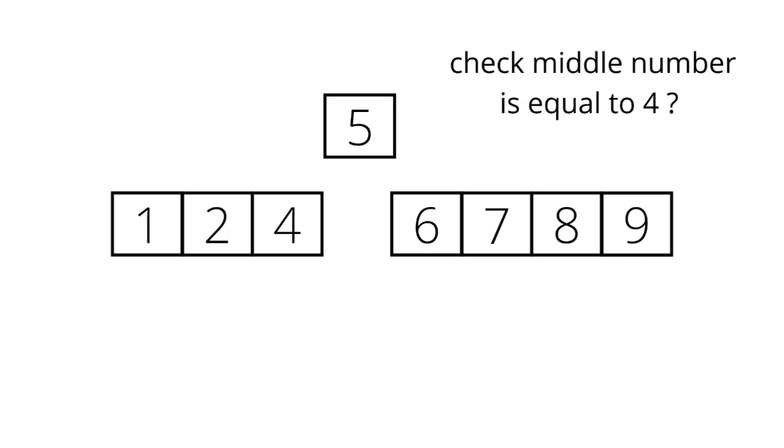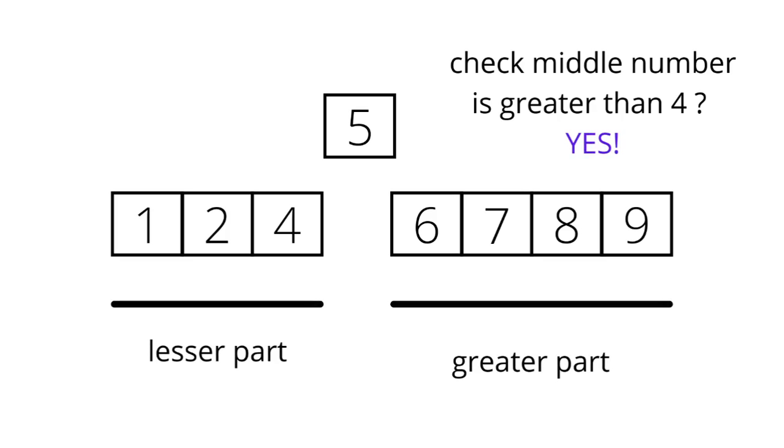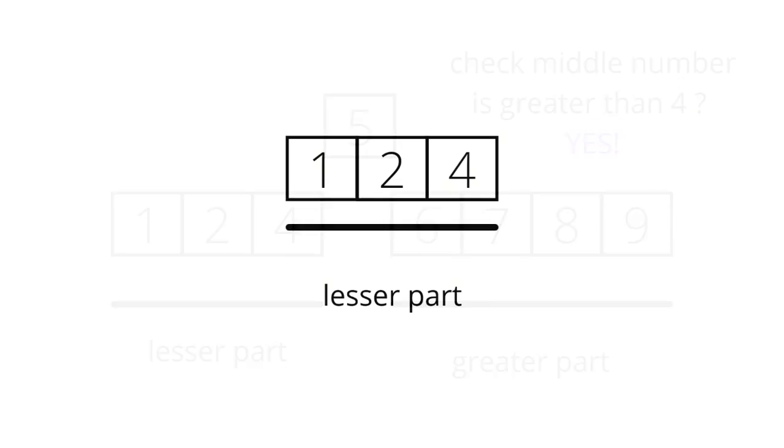If we take 5, we check the 5 with the 4, whether it's equal, lesser than, or greater than. We do the steps as we said in the previous slide. So 5 is greater than 4, right? So we choose the lesser part now, because since 5 is greater than 4, the elements to the right after the 5 will also be greater than 4. So we don't need to check that. We just take the lesser part only, like the three numbers in this example. And we do the same again.